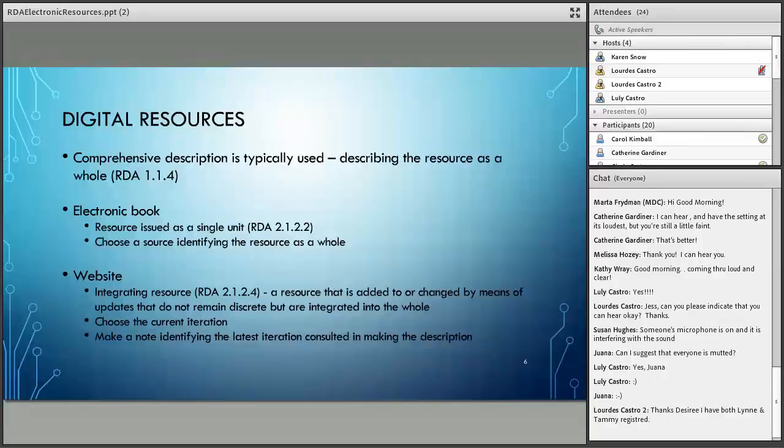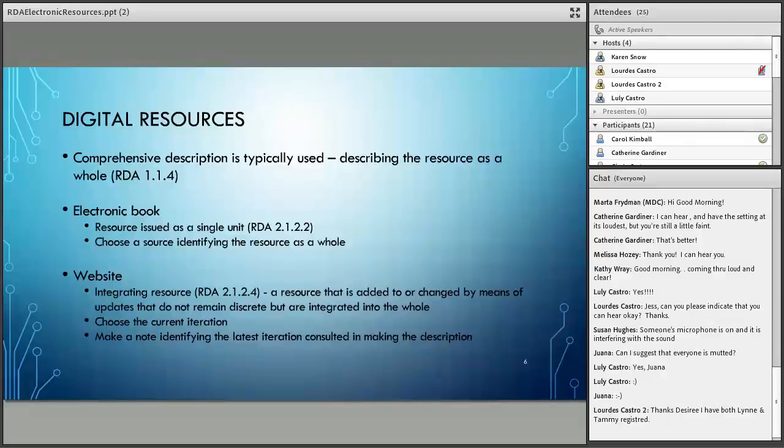So that's why the electronic book will have more in common with the CD-ROM game than our website, just because the website is added to or changed by means of updates. So you want to choose the current iteration when describing it, and make a note identifying the current iteration consulted in making the description. And we'll talk about how we do that here today, I promise.